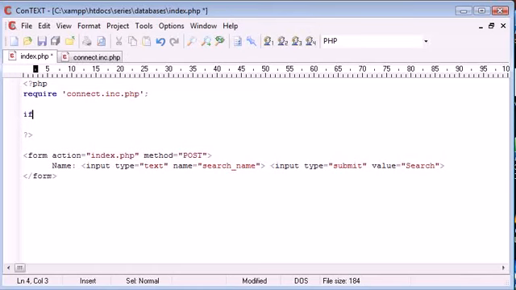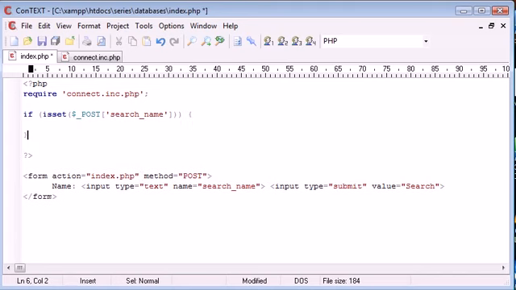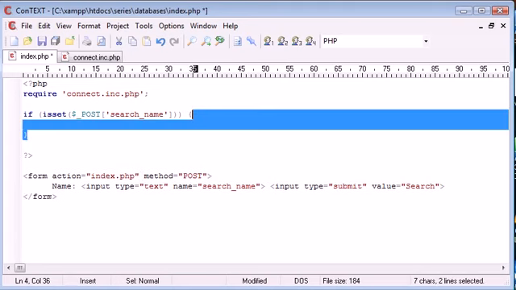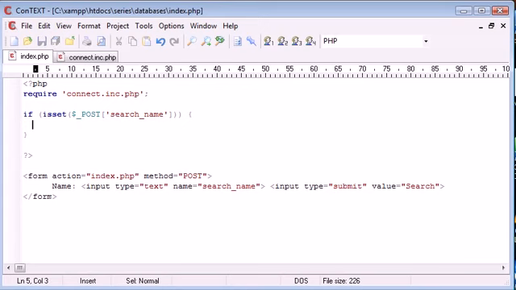So let's go ahead and say if isset $_POST. Remember, we're using POST data down here, and we're going to say search_name. So we're corresponding this to the name that we've given the element in our HTML document. So if this is true, we're going to run this block, and inside this block we're going to set a variable called